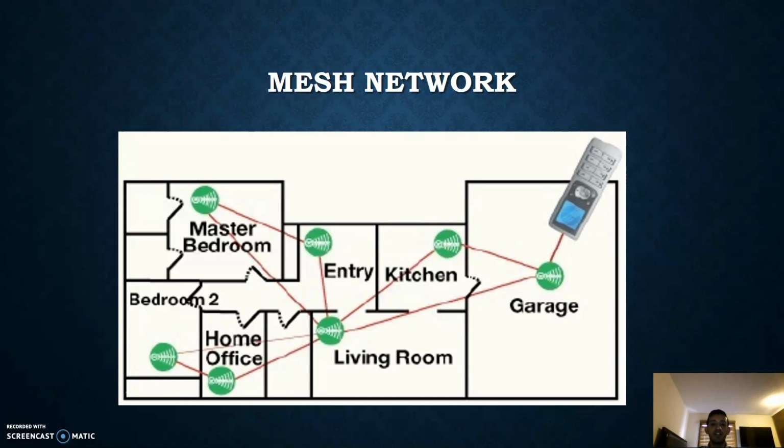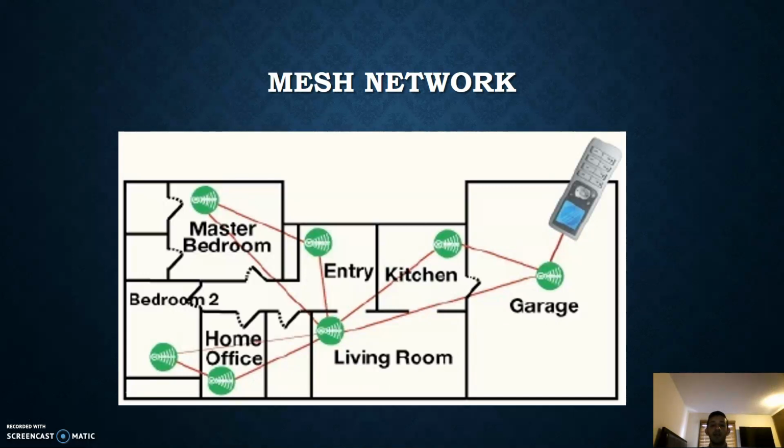They look at the signal and see that it's not meant for them, and it's meant for, let's say, the bedroom. So they will know that they're connected to the entryway and the home office, so they will relay that signal. Entryway and home office will see that the signal is not meant for them, so they will then pass it on, which will then reach the master bedroom and the bedroom 2, and they will see that the signal is for them, and whether it's to turn on or off, they'll change their state and then send an acknowledgement all the way back to the controller, so the controller can know that it's turned off.